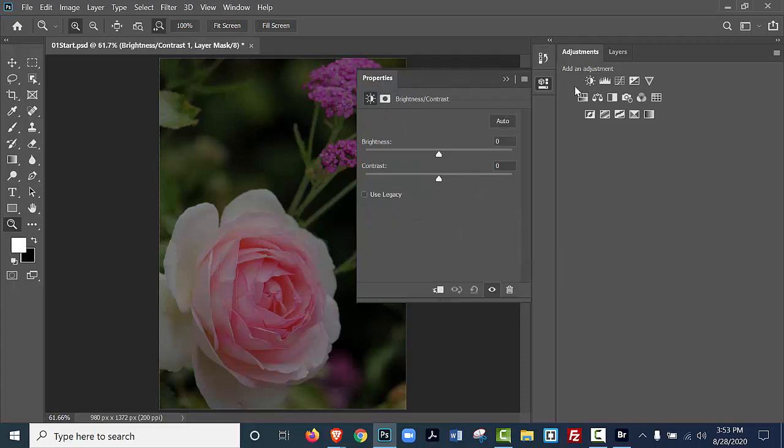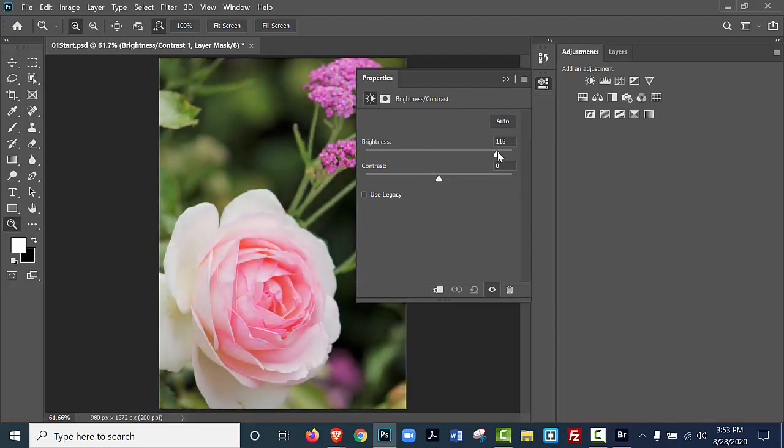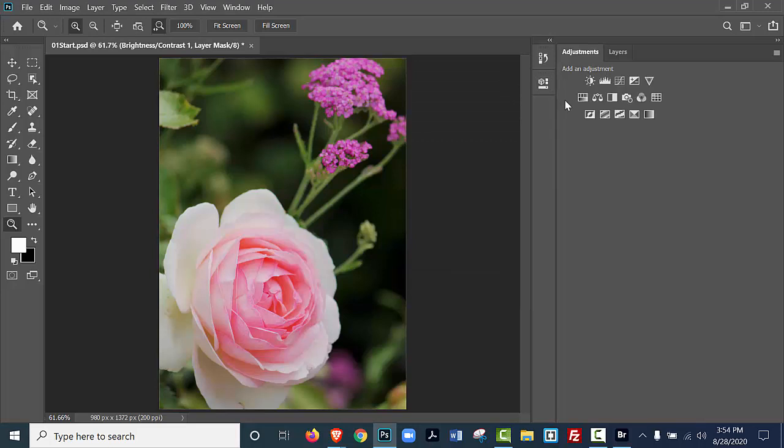and then this Properties panel pops up, and it's just telling us to move the brightness slider all the way to the right until it gets to 98. You can also type in the number, so I can highlight that and type in 98. And then I can also hit tab, and it will drop me to the next form field, and I can type in the number 18. What this did was brighten the image. Now I have this double chevron right here, and I can go ahead and click that,